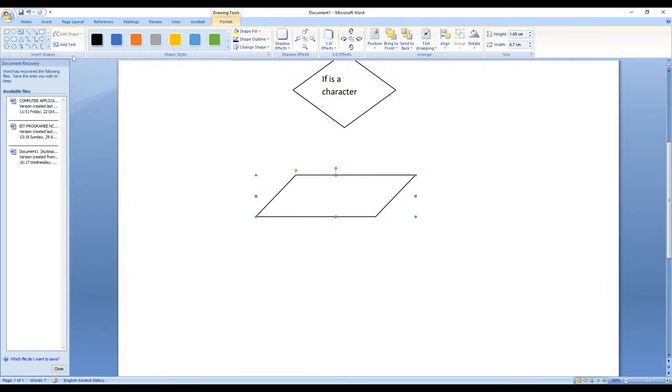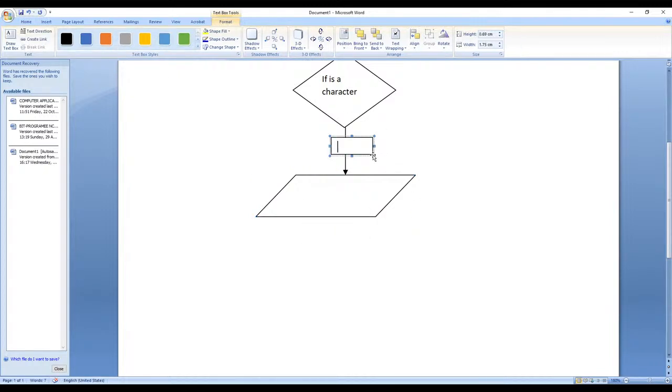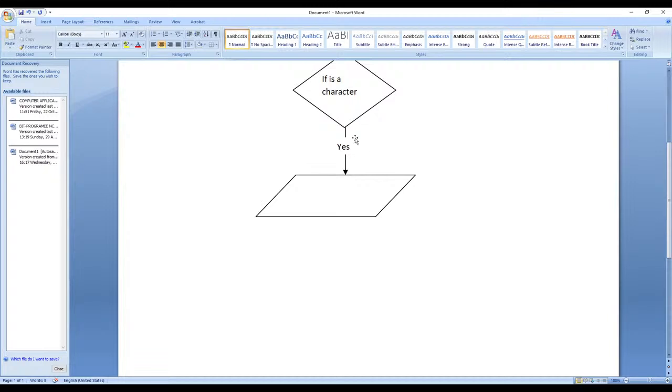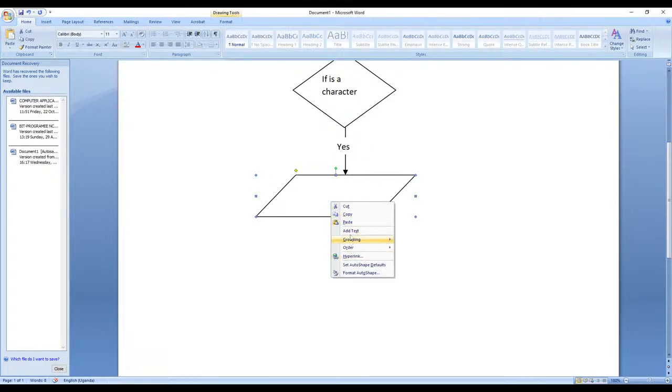If it is true, it is a character, that means we shall need to put some yes there. If yes, it is a character, then we say